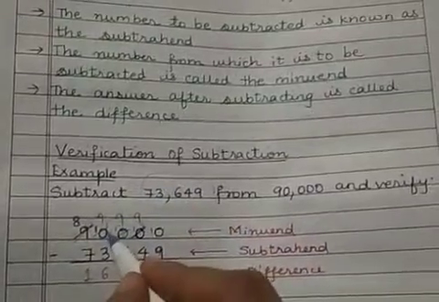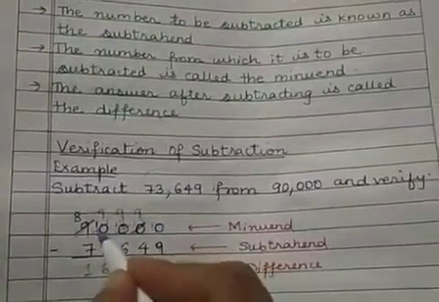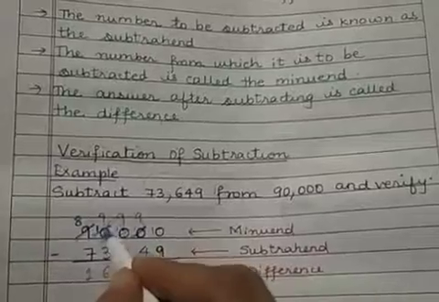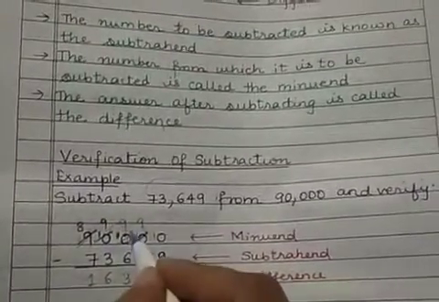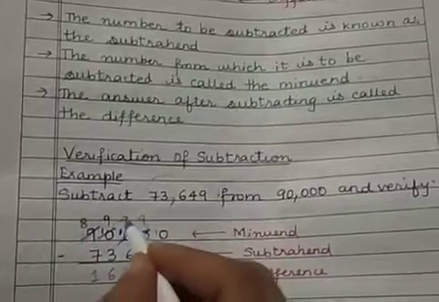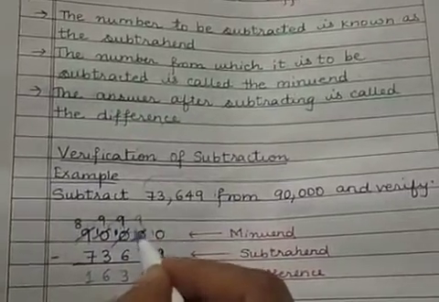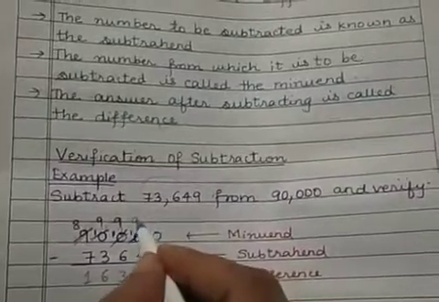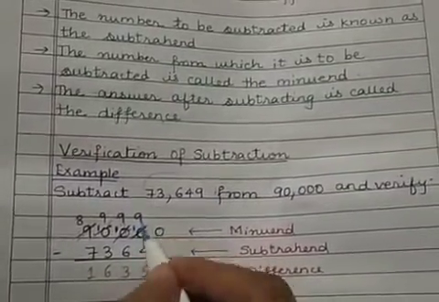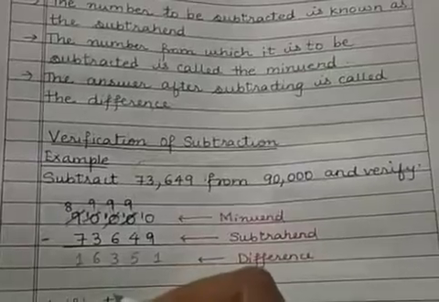Next, now I have to get a number here, right? So I'll remove 1 from here. So 9 remains and carry forward 1. Again I'll remove 1. So what remains here is 9 and carry forward 1. Again I will remove 1. So I'll get here 9 and I get 10 here.